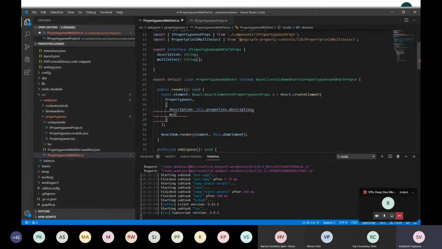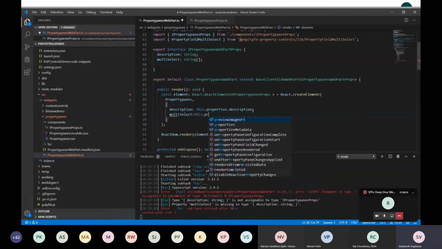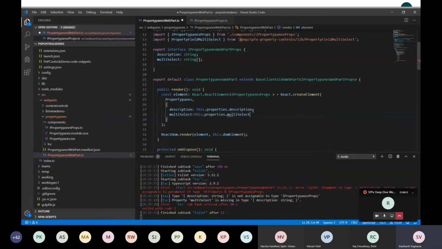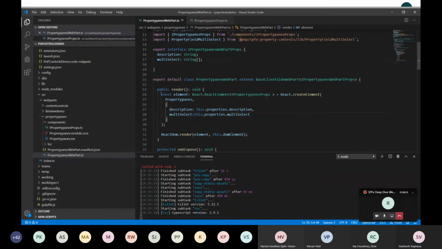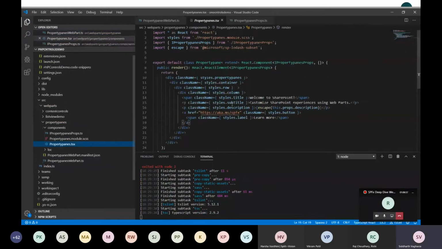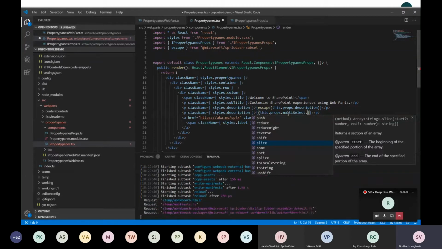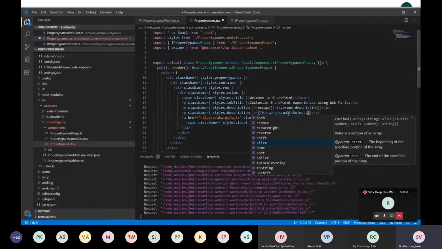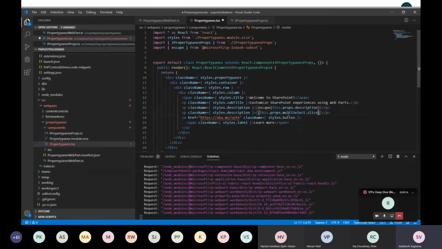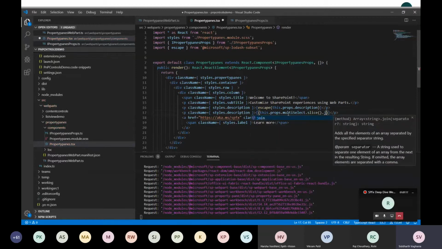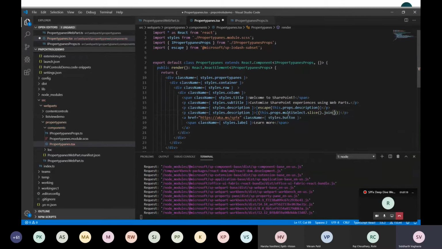So I'll say multi-select: this.properties.multiSelect. Now in our React component, we will just display it. Here we can use this.properties.multiSelect, and as it is an array of the selections, because multiple selections are possible, I'll quickly slice it and join it with comma.